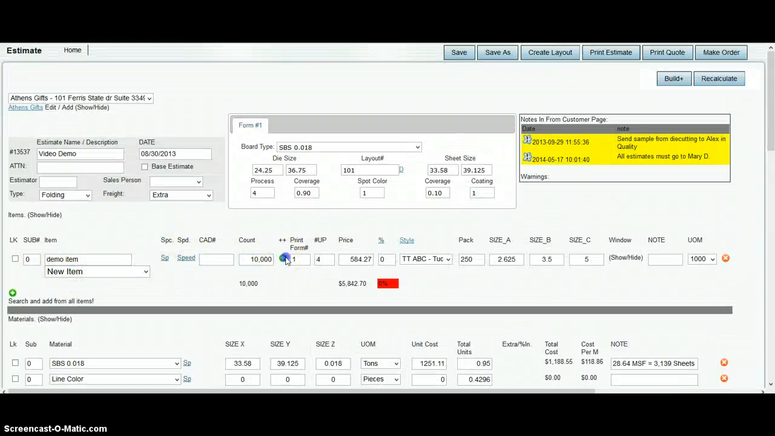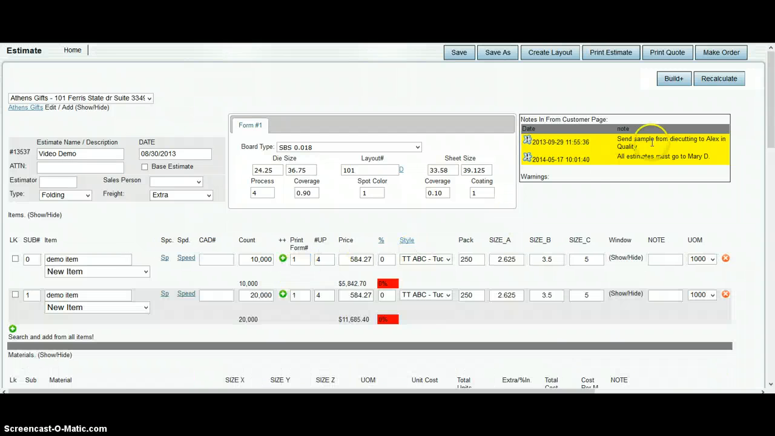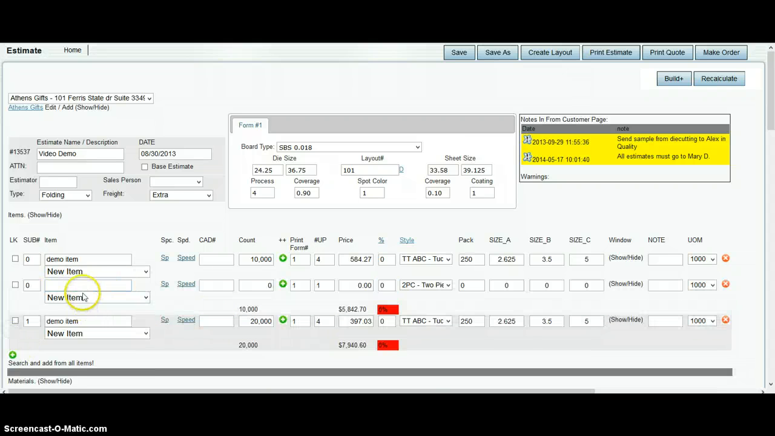At this point, if I also wanted a 20,000 piece estimate, I can do that. And now I have a couple of estimates: a 10,000 piece and a 20,000 piece. If I wanted to add another item,